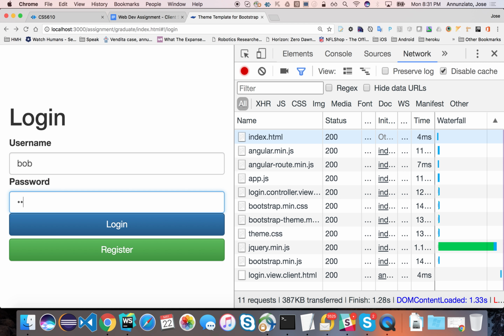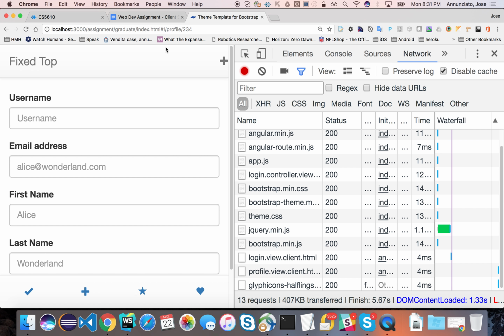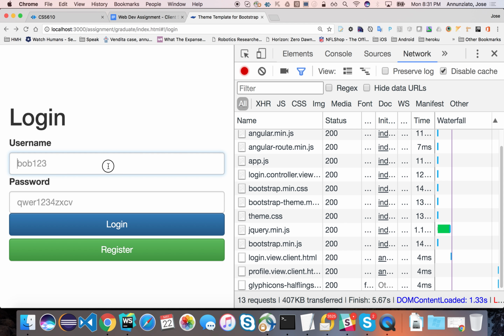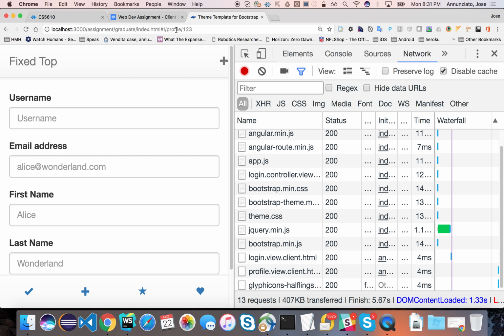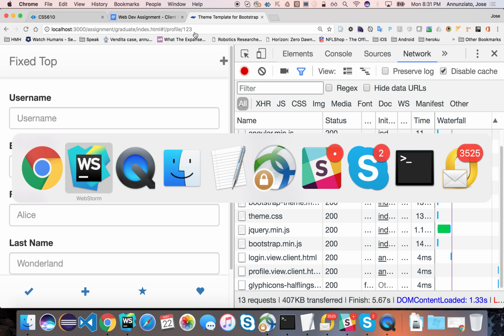So if we log in as Bob, I log in, notice that it's profile slash 234. See that? But if I log in as Alice, notice that it's profile slash 123. See that? They both map to the profile. Everybody good? Right? We just need to be able to grab that 123 or that 234 and then search for the correct user in some collection. Yes? So to grab that,